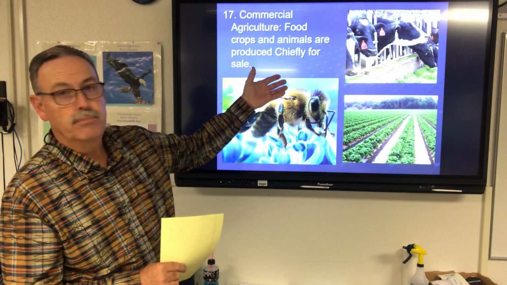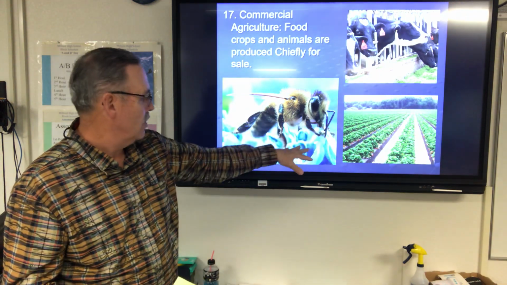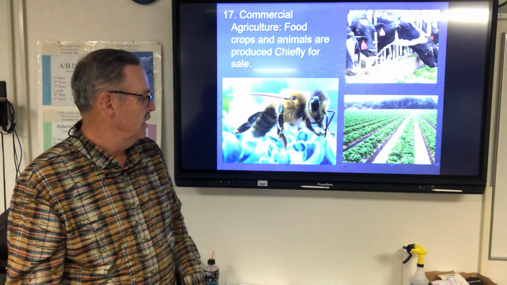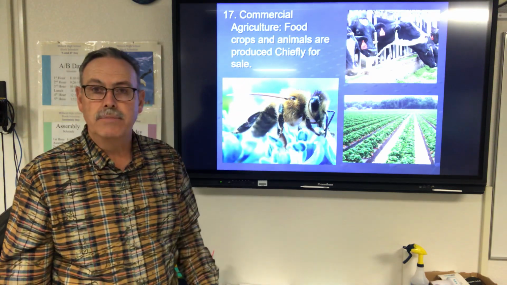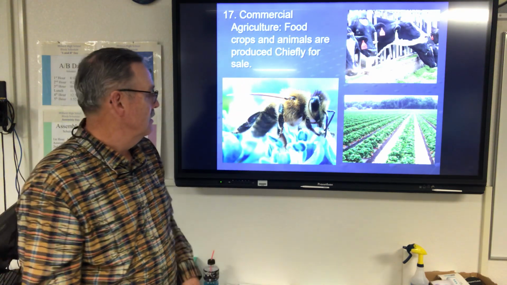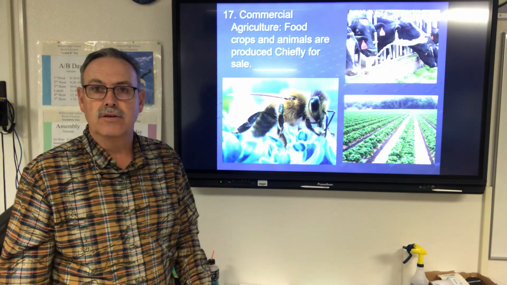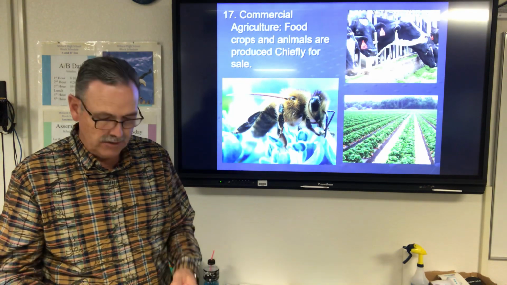So the cows are going to produce milk. The milk would be sold, made into products. This crop, I'm not sure what that one is. They would, again, sell that item. The farmer or person, they would maybe use a little bit of that, but the main part is to be sold. I put a bee in there because my father was a beekeeper, and that's a real interesting industry to be involved in.